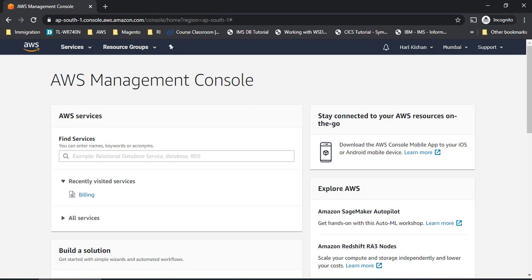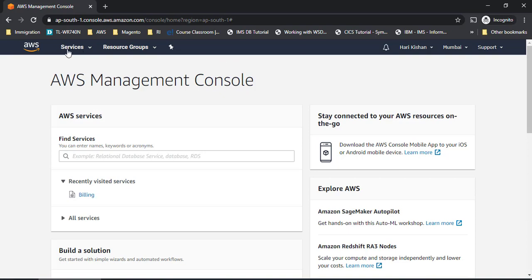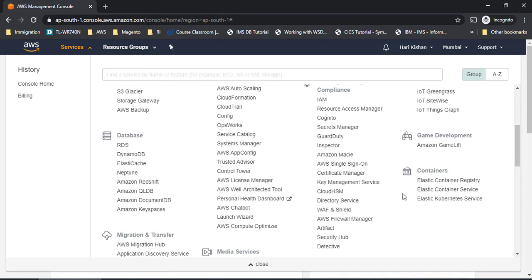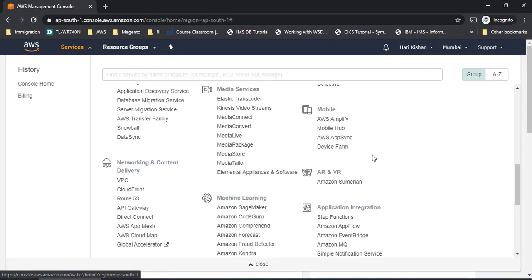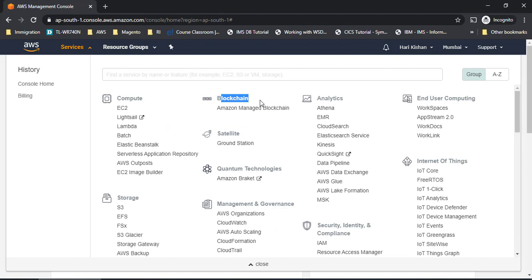Now when I log into AWS, this is how it looks. This is called the AWS Management Console. We'll learn more about how we can access services here. There are different options in the menu, right? Like Services, you can see all the different services which are there in AWS, right from compute till all the captivating technologies like machine learning and blockchain, everything is there in AWS. These are the length and breadth of the services which AWS has, right?